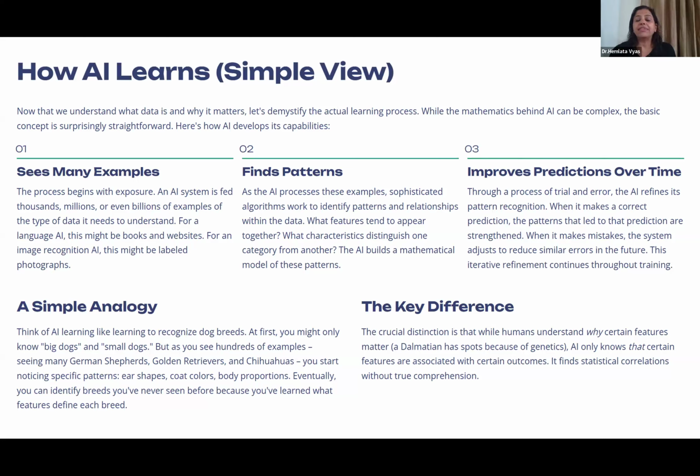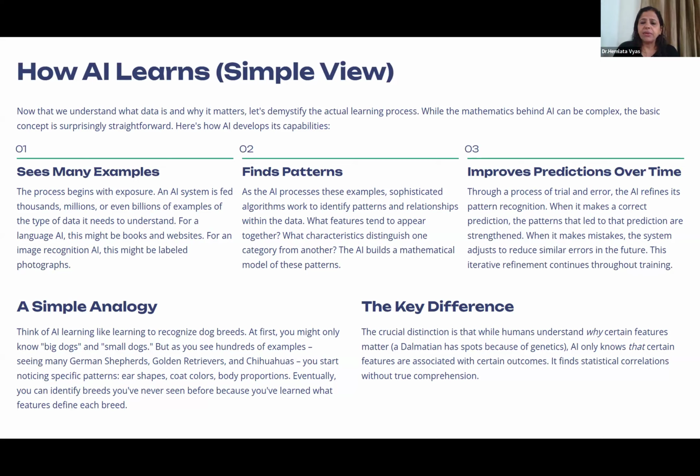So once it makes those categorizations, then there is, as I mentioned, supervised learning. What happens in supervised learning? If the AI model is doing a thing correctly, then you will give it a feedback that yes, this is okay, this is not okay. So then we are training the AI model. We are doing that supervision, human in the loop, and with this supervision, the AI model is improving.